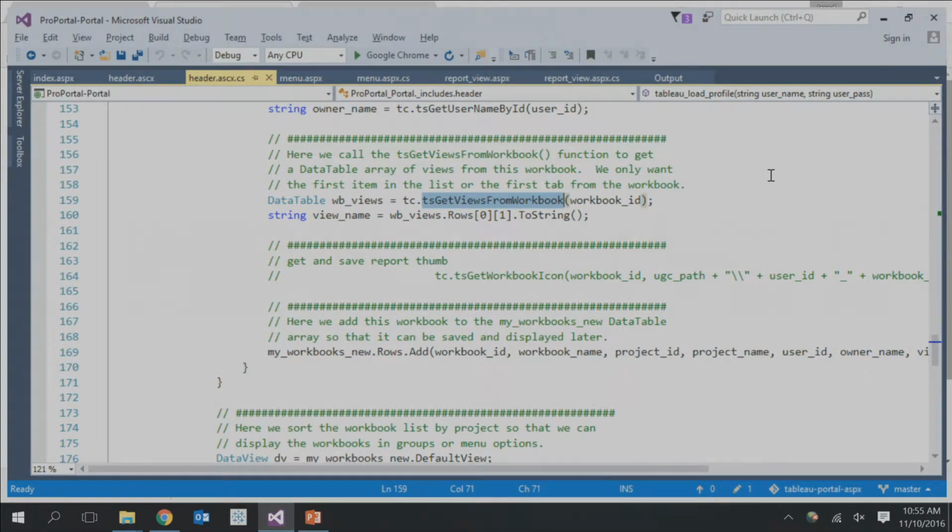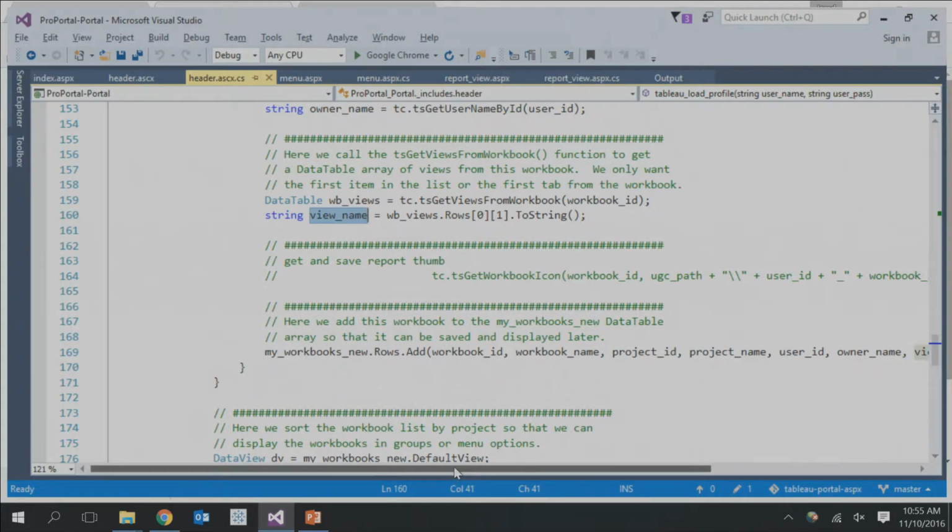That's a good way to pass back to your dashboard authors that in that workbook, that's going to be the one that's displayed first when it appears on the portal. For this example, we're just taking the first one. So we grab a list of all the views and put it into a data table, and then we're taking the first row with the first item, which is the view name. For simplicity, we just take the very first one, and now we have all the information that we want